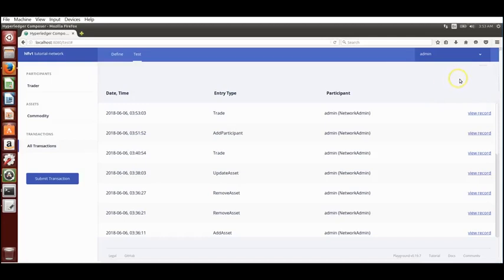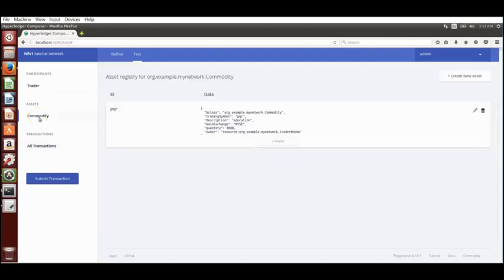Sometimes you will see pending because it may take some time to verify the credentials and so on. You can also go back and, yeah, here you go. The trade was done. Let's go back and look at the commodity. You will see that this particular commodity has been transferred to Lola, trader number 6666. So this is a simple test, and you can play around with this. After all, it's a playground, you can see all the transactions, you can read the traders and so on. That is the very simple demonstration of the playground.